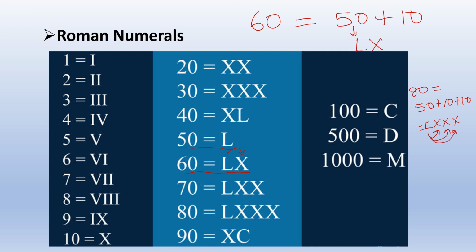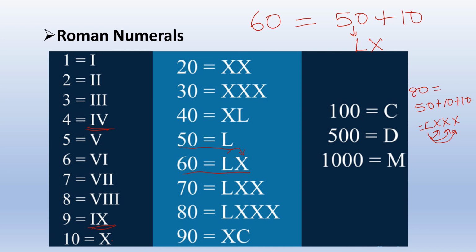Okay. So if you can notice here, can you see here for 4? The I is put to the left of V. So that means from V, you are going to subtract. That means from 5, you are going to subtract 1. So you get 4. When you look into 9, can you see? From 10, you are subtracting 1 so that you get 9. So these were the representations used by Romans.